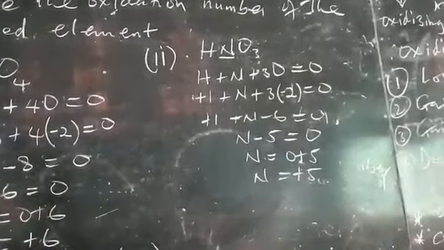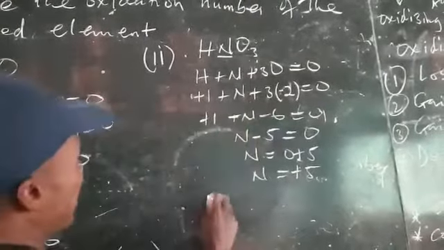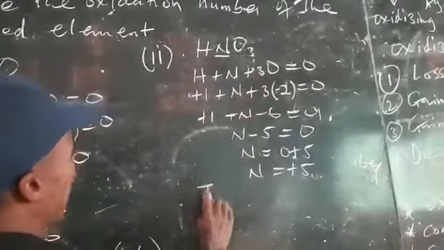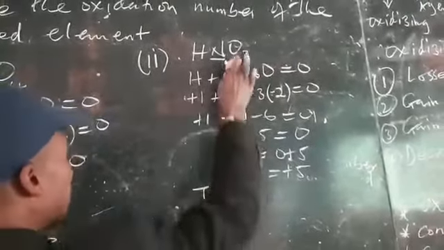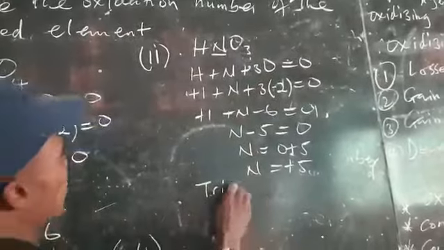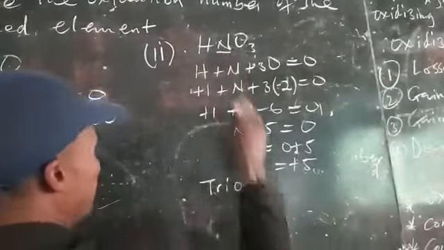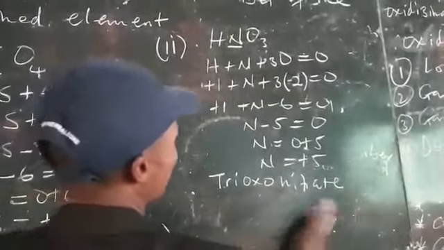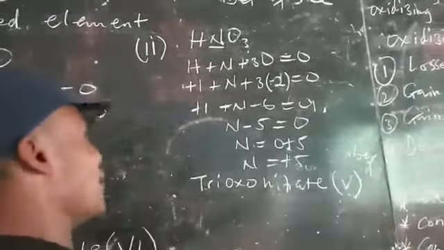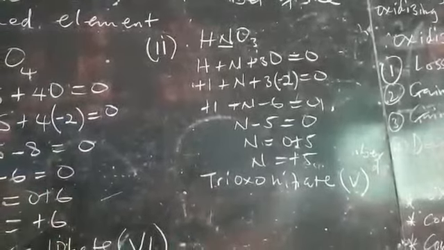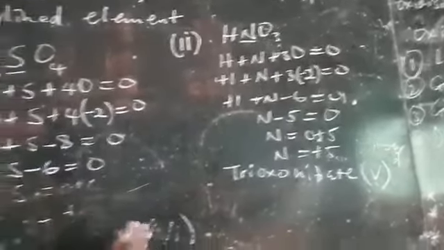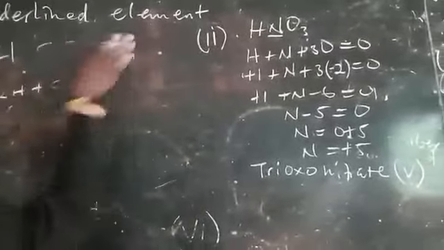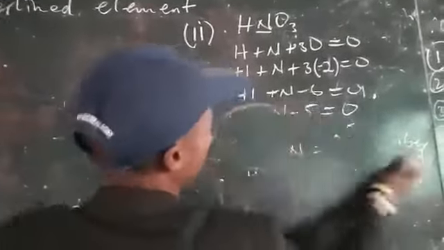If that is the case, I want to name that. I start from the oxygen. There are 3 of them, so we go to tri. Tri means 3. Then the oxygen is no more written as oxygen, but we change that to ozo. The nitrogen is changed to nitrate. Nitrate, and we got 5. The Roman numeral for 5 is this. That will be the analysis for that. Let us add at least 1 or 2 more examples, and then we can leave it that way.